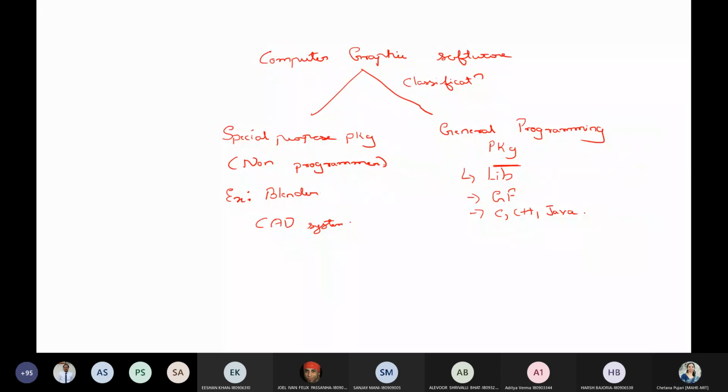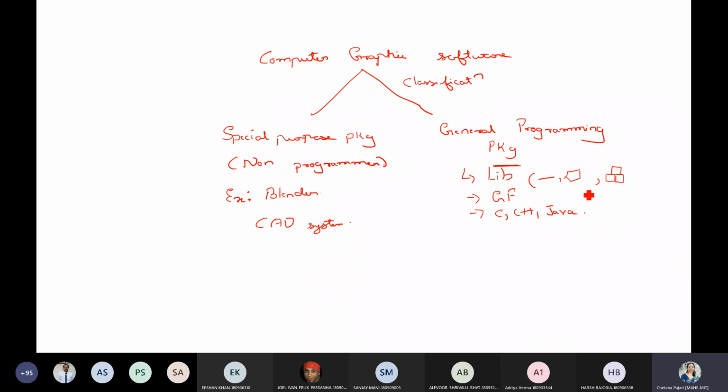Right? So next, the general programming package, as I mentioned, will provide you with different functions, which include the picture components. Like you want to draw a line, or draw some polygon, or build an object which is a combination of a set of other geometrical objects.